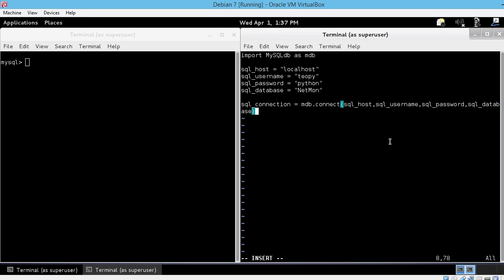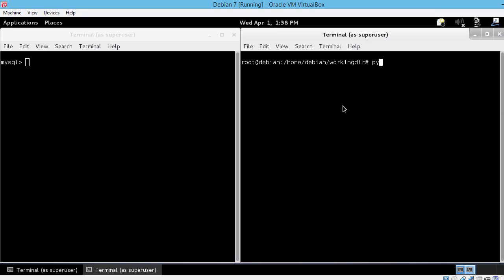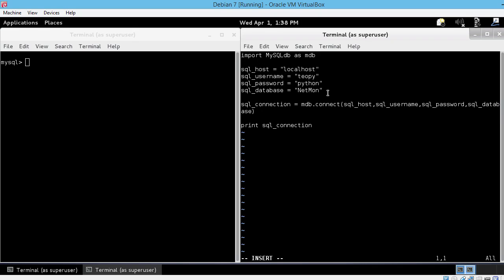Okay, and for now let's just print SQL connection and save our file. Now let's run it. So python sql.py. Okay, so now you can see that we have a MySQL connection to the local host. Now let's use it. Let's open the file again and comment the print statement. So I for insert